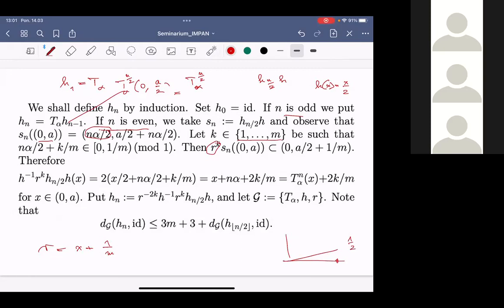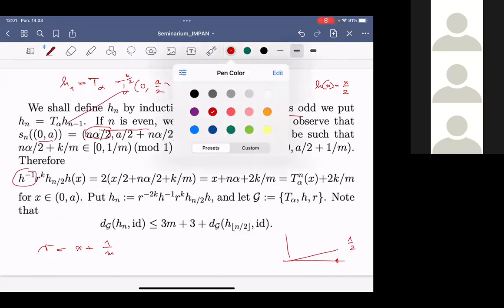No, not exact. To h was, yeah, h was 1/2. Yeah, h was 1/2. Therefore, if we take the inverse to h, this will be twice this. So we obtain,